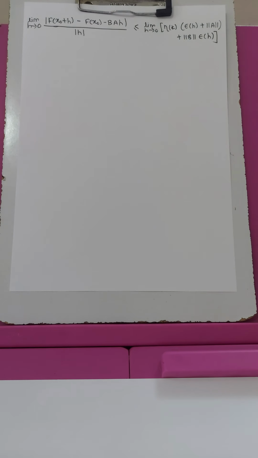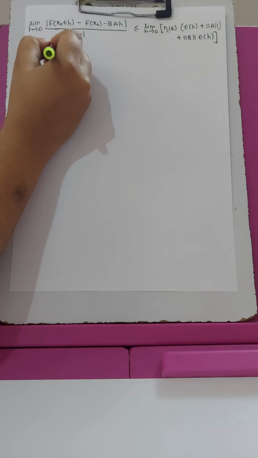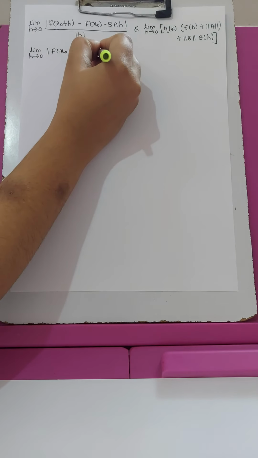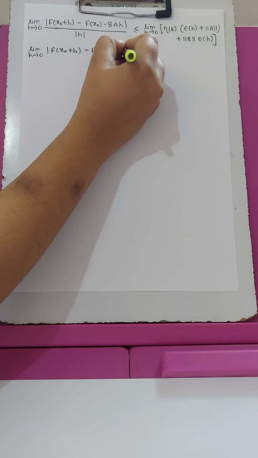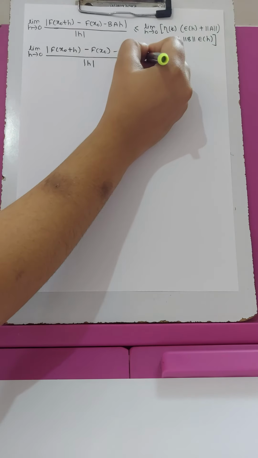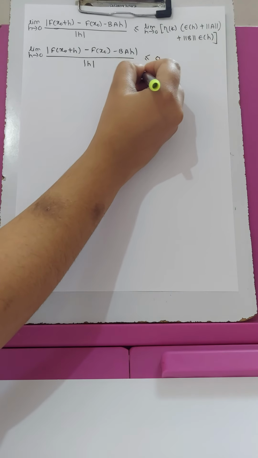So therefore we get limit h tends to 0 mod of f of x0 plus h minus f of x0 minus bah upon mod h less than or equal to 0, since h tends to